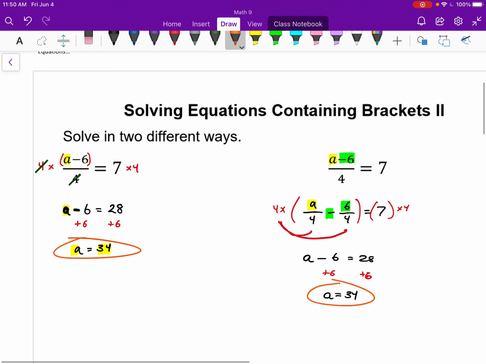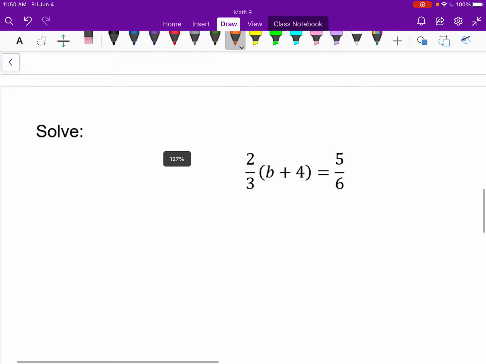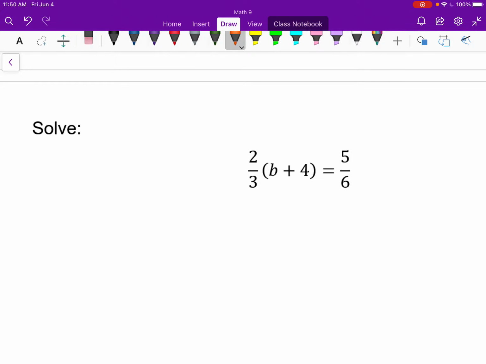So by looking at this, if one looks easier than the other, fair enough. That is, again, a matter of opinion. Ideally, both make sense. I can either multiply both sides by the denominator, or I could break up those multiple terms all being divided by 4 as two separate fractions. And so with that said, let's just solve this one way. So many ways we can approach this. The more we learn and the more complex equations get, the more and more options that hopefully become apparent to us. For this, though, I'm going to